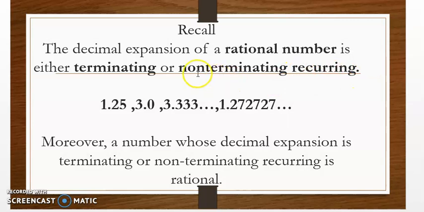Non-terminating means it does not end, it keeps on going, and the digits in the decimal expansion repeat, like 3 repeats here, 2 7 2 7 repeats here. So such a number, or a number whose decimal expansion stops, or does not stop but repeats itself, will be a